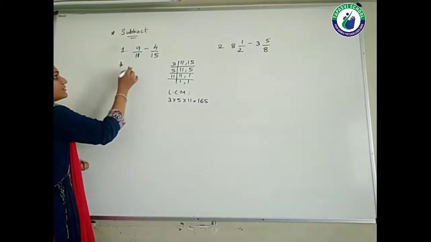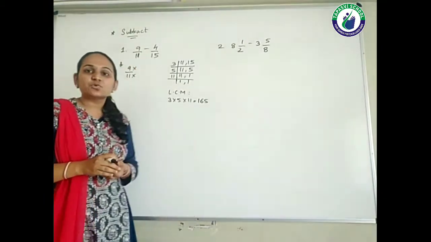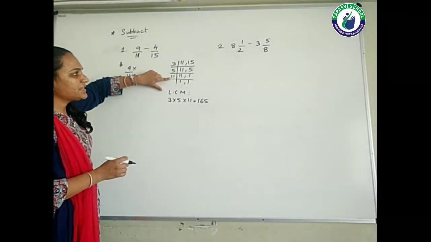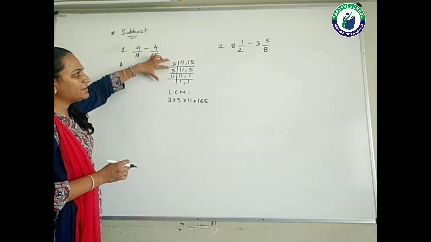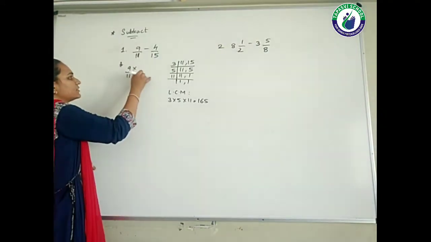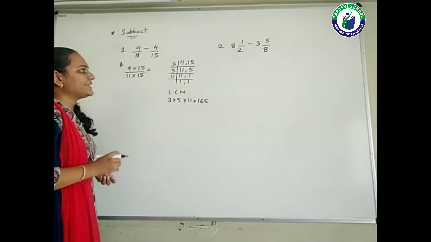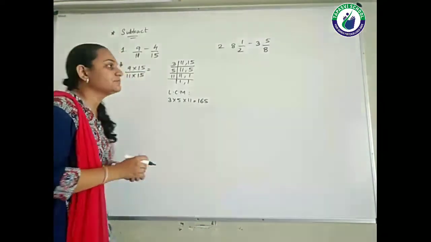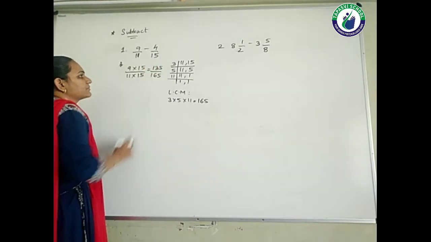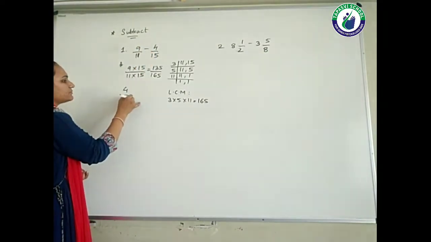Okay, now let's begin with the solving. Which number will multiply with 11, students, to get 165? Okay, just look here. 11 is there, right? Which number will multiply with the 11 to get 165? 3 5s are 15. So 15 is there. So 15 in the numerator also. So 15 9s are, students, 135 upon 165. Clear?